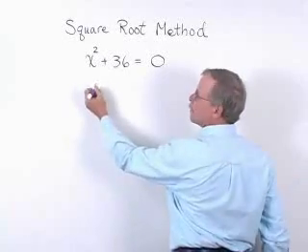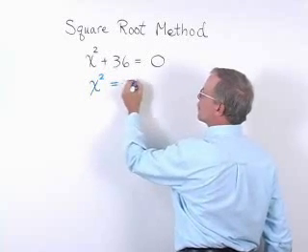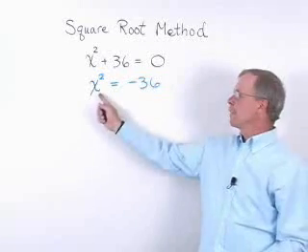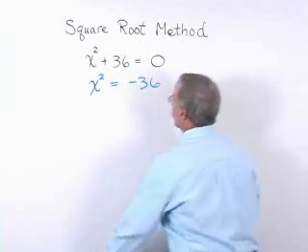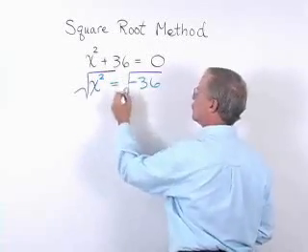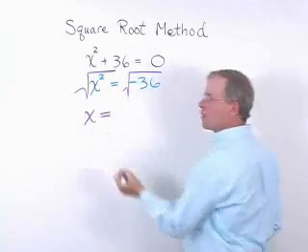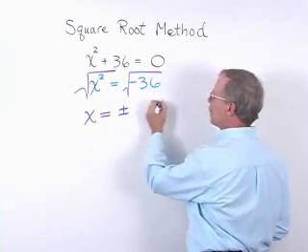First, we'll solve for x squared. That will make it x squared equals negative 36. And once we have x squared on one side, we can take the square root of both sides, leaving us with x on one side. We have to remember when we take the square root to get plus or minus, and we'd have the square